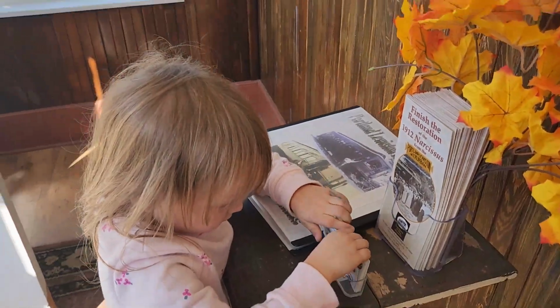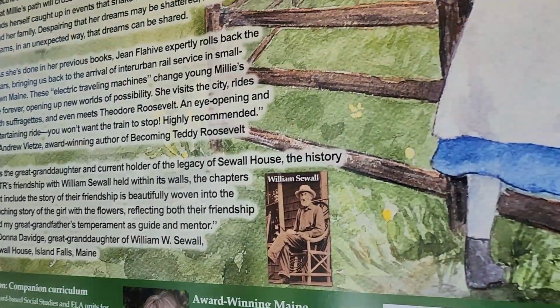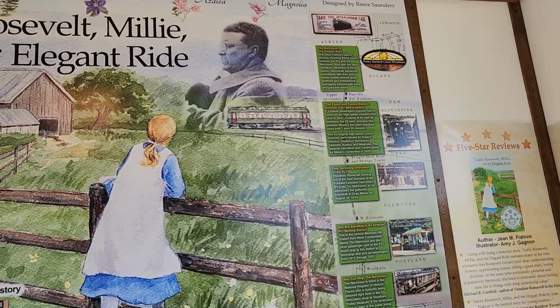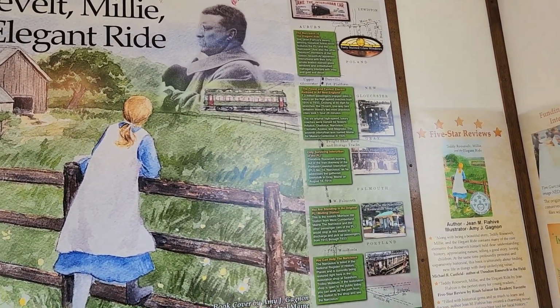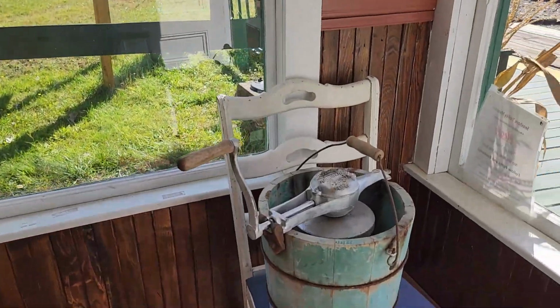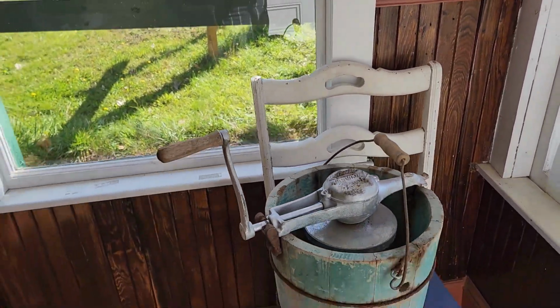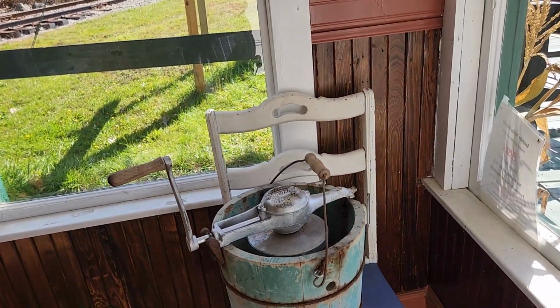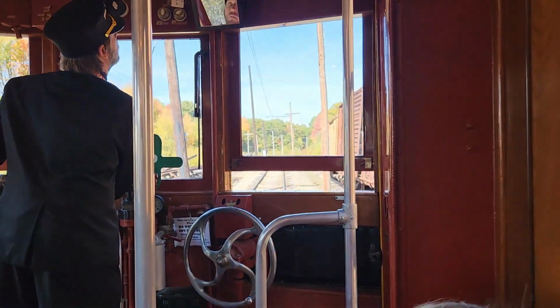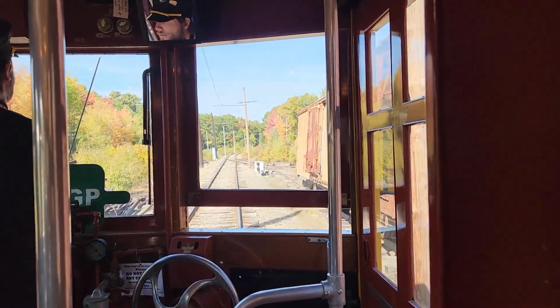Good job. So this is all about... Look at these ones. Teddy Roosevelt, he's traveling in Maine. What is this opening? You know what this does? And this is ice cream. Yeah, it makes ice cream. You're right. I know it's open. You're so smart. Yeah, because Pennsylvania has, not only do they have railroads, they have streetcars in some places. I don't know if they...